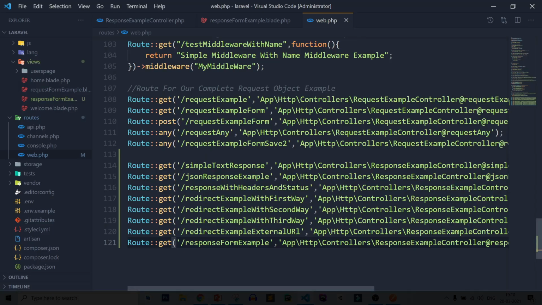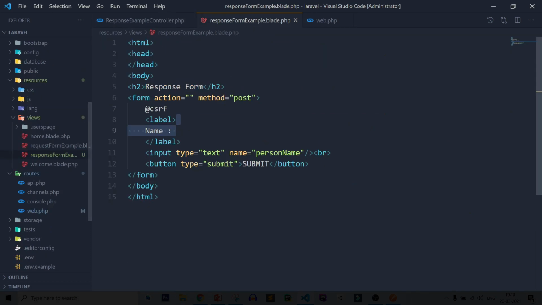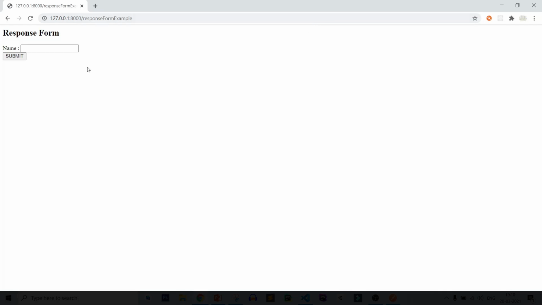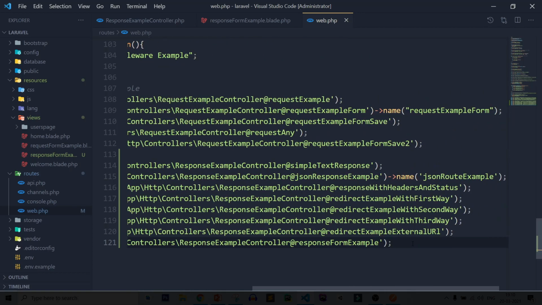Now let's work on this form post method. So here post method is in same page but using post method. So currently you can see here form are showing from get method. Now after that let's add post method.